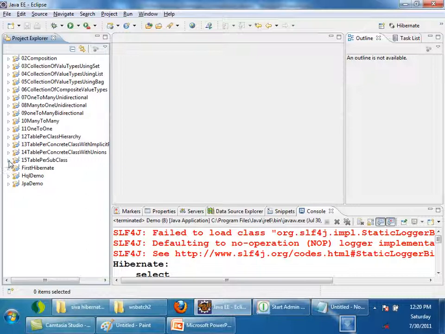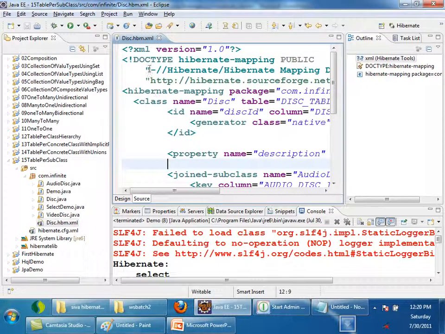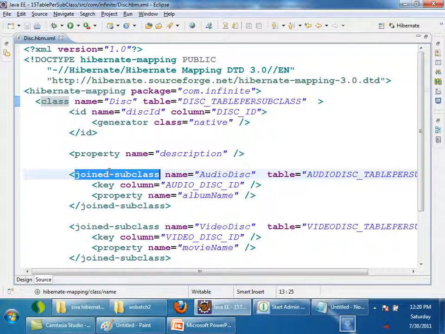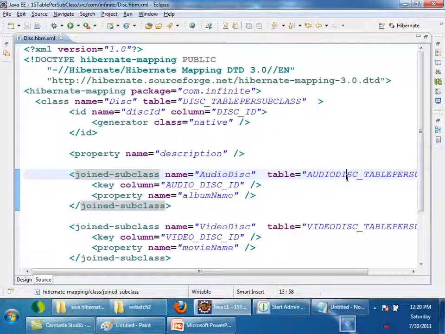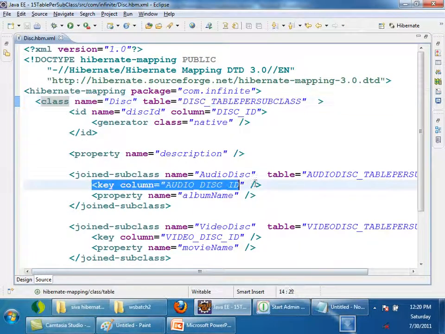Let me show you table per subclass here. For example, disk table, video disk, audio disk. When it is using table per subclass, we are using join subclass, and we are specifying a table name for each class. Every class will be having a table, and they are having a foreign key relationship.